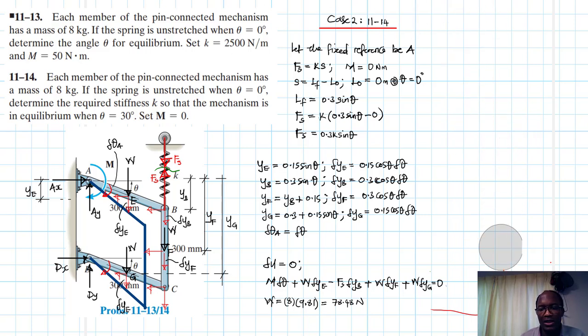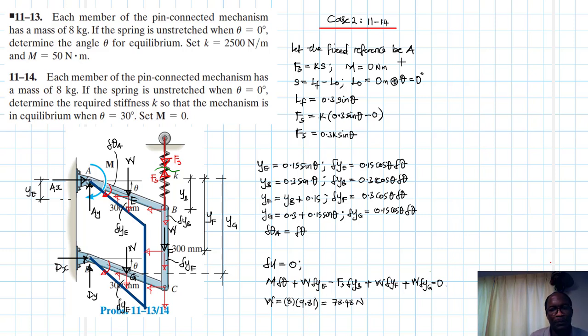Okay, so let's read the second problem. Each member of the pin connected mechanism has a mass of 8 kg. If the spring is unstretched when theta is equal to 0 degrees, determine the required stiffness k so that the mechanism is in equilibrium when theta is equal to